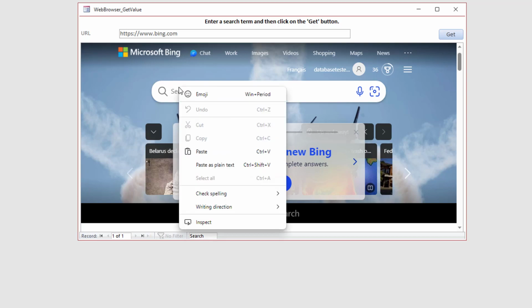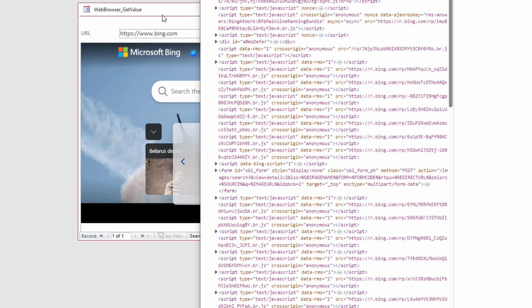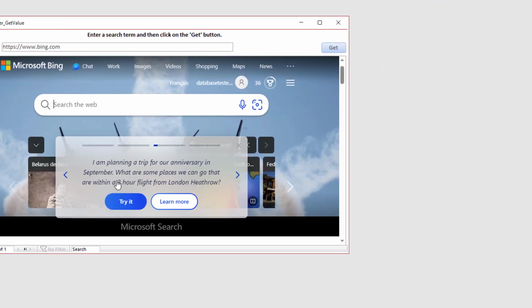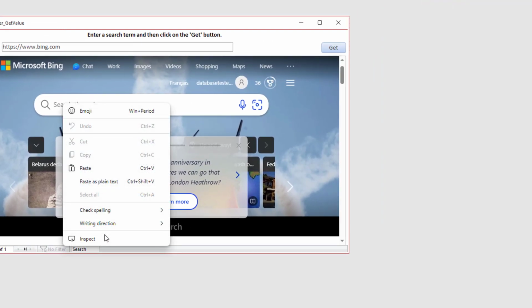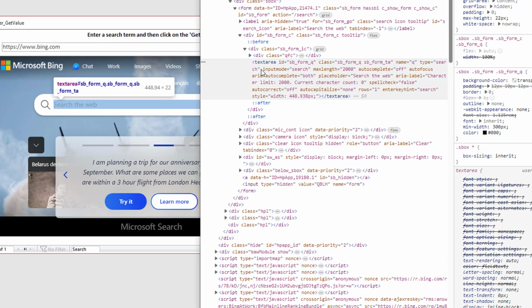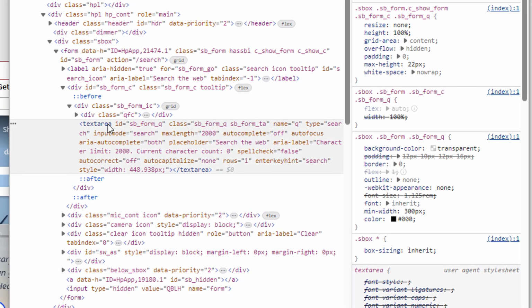So let's first come here and inspect this. I want to retrieve what the person inputs as a search. So let's go inspect. Now I've mentioned it numerous times, there's a bug. As you can see, every time you open the inspect, it brings you to the body, even though I clicked on a specific element. So we do it a second time and it will bring me to the element. And if you look here, oh, okay, it's not an input. In this case, it's actually a text area. But what I'm after here is the unique ID. And as you can see here, this text area has a unique ID of